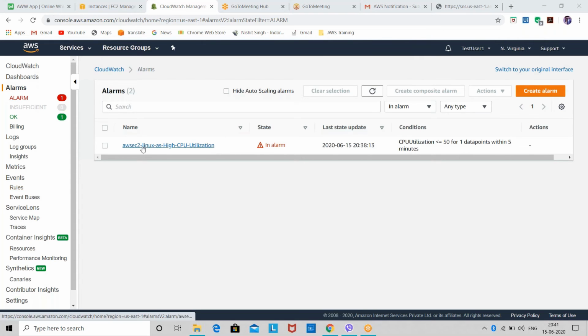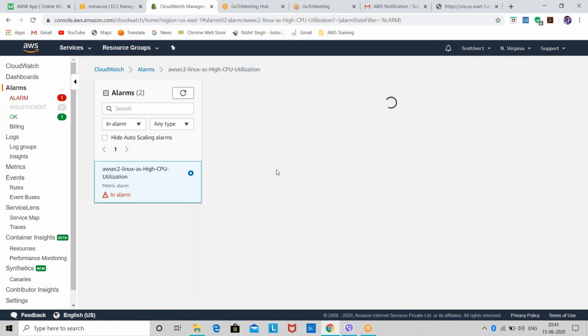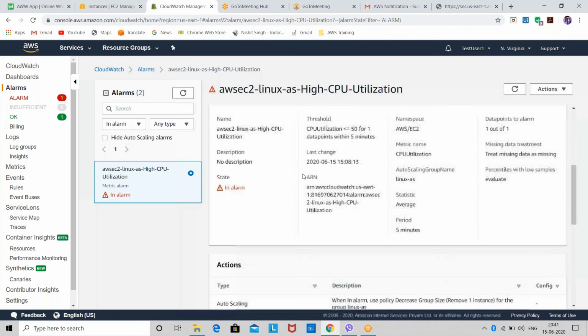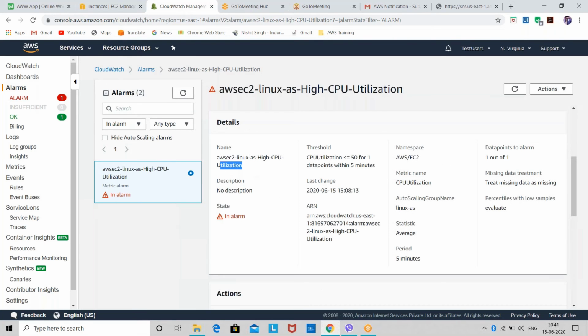So this way you can monitor each and everything. Now I'll show you how you can create new alarms as well. By simply going into that alarm, you can monitor everything. You can scroll down and see the details, like this is the name, threshold is this, namespace is AWS EC2, monitoring CPU utilization, last change is this, and this is the ARN of my alarm.